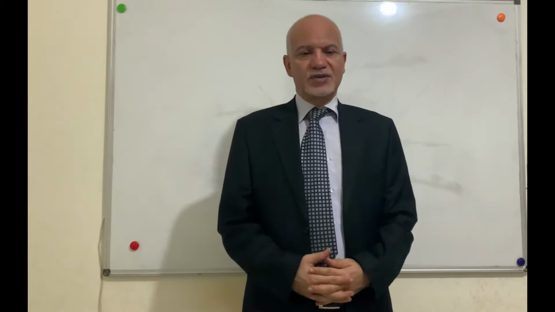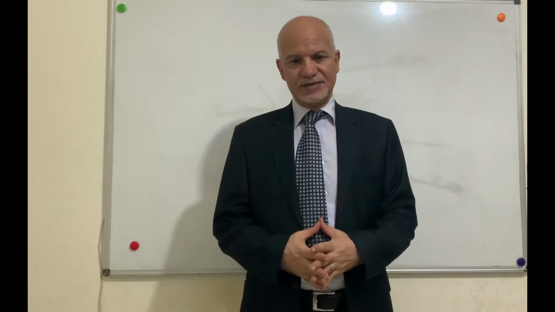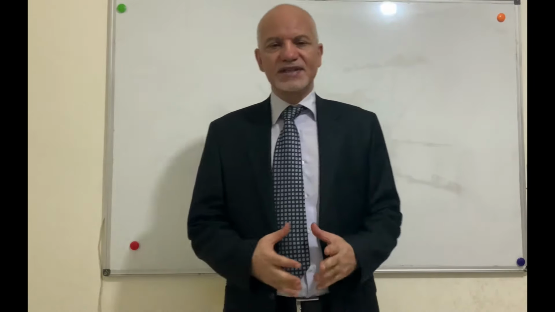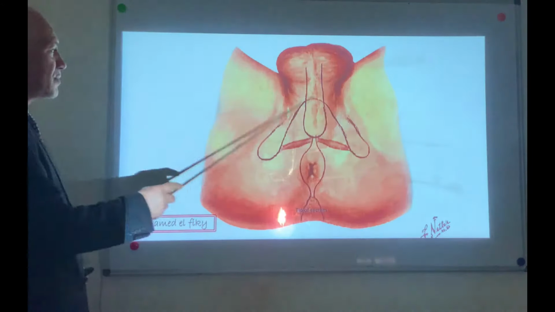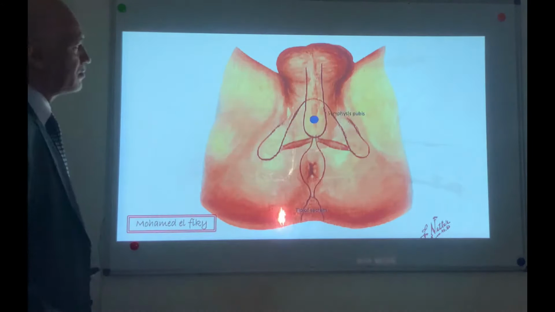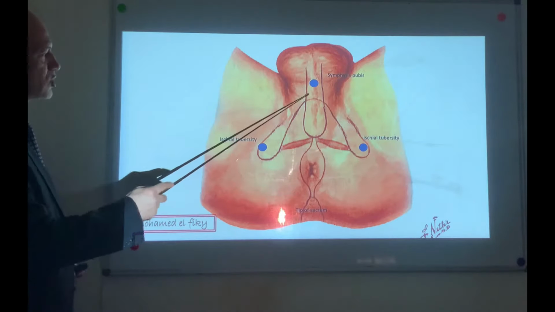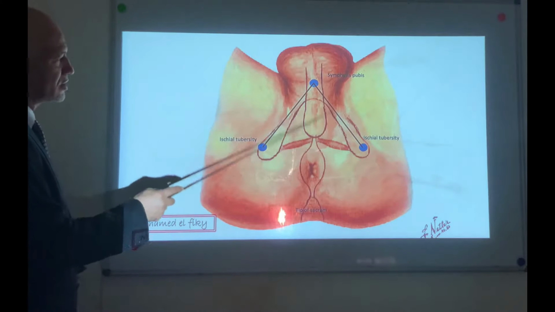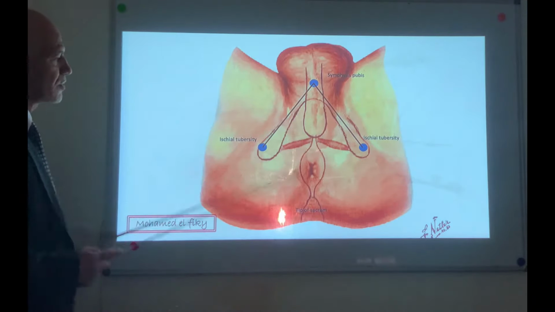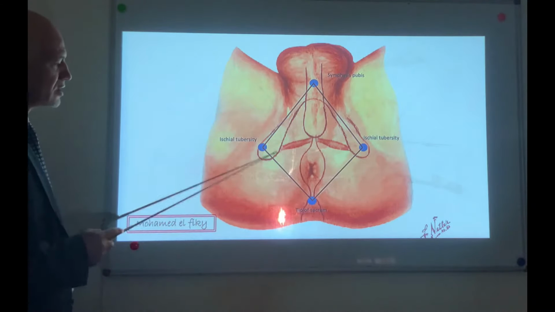The second part of the perineum, or the second triangle, is the anal triangle. Again, what is the boundary of the perineum? This is the perineum in lithotomy position, between the semicircular pubis in front and the two ischial tuberosities, and the pubic arch. This line represents the pubic arch, and this is the tip of the sacrum, and